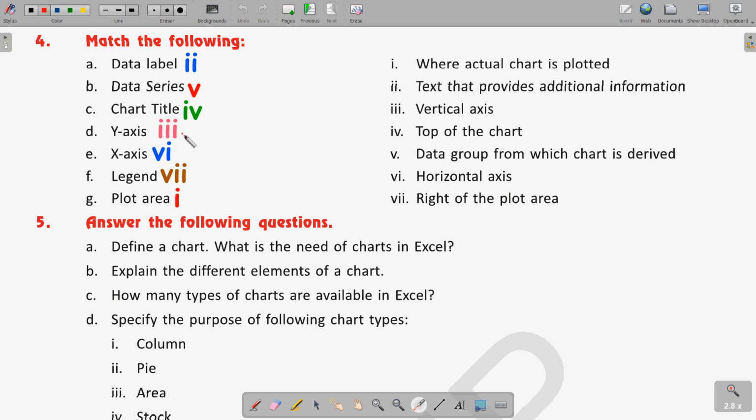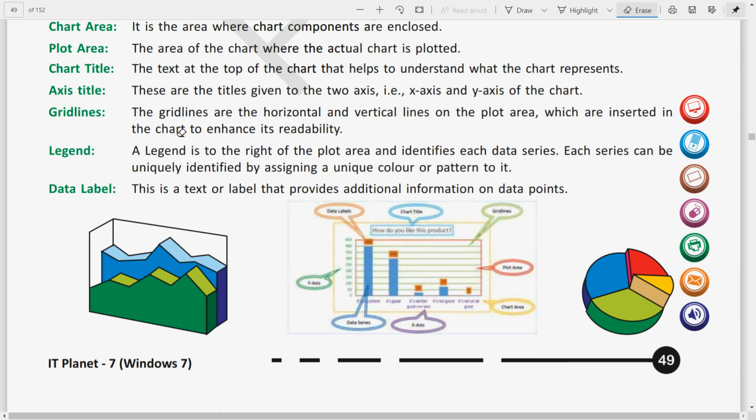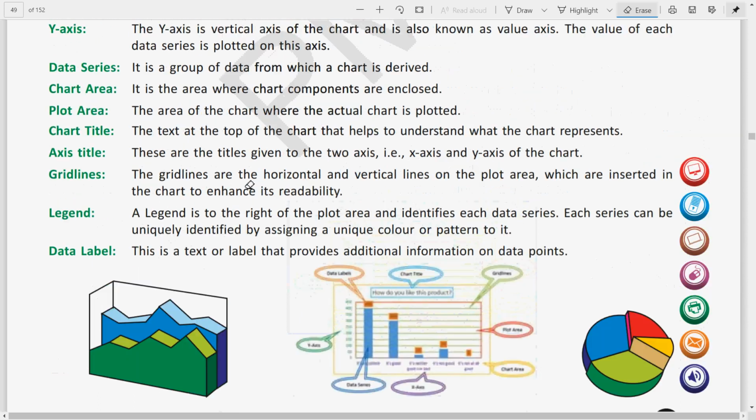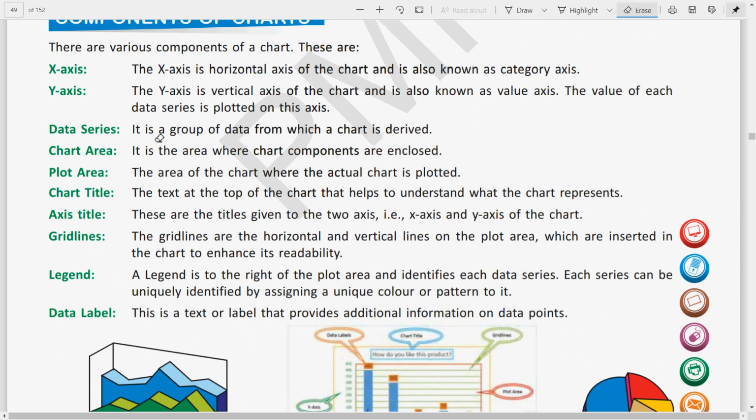Now data series. So what is data series? Here you can see it once again. What is data series? So data series is the group of the data from which a chart is derived. Clear? So whatever the values you are using in the table of the Excel sheet, whatever the set of values you are making for the chart, that is called data series. Clear? So the group of the data is called data series.